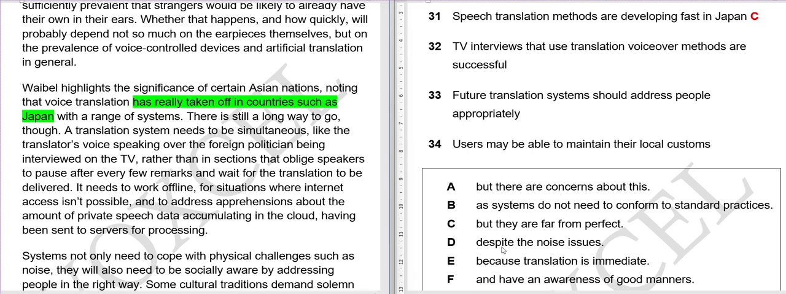And where it is written, but they're far from perfect. Yes, there is still a long way to go though. So although they have, let me highlight this. The voice translation system has taken off, though there is a long way to go. The long way to go just simply means they are not ready yet. So they are not the finished article. So they have scope for improvement. So this is our question number